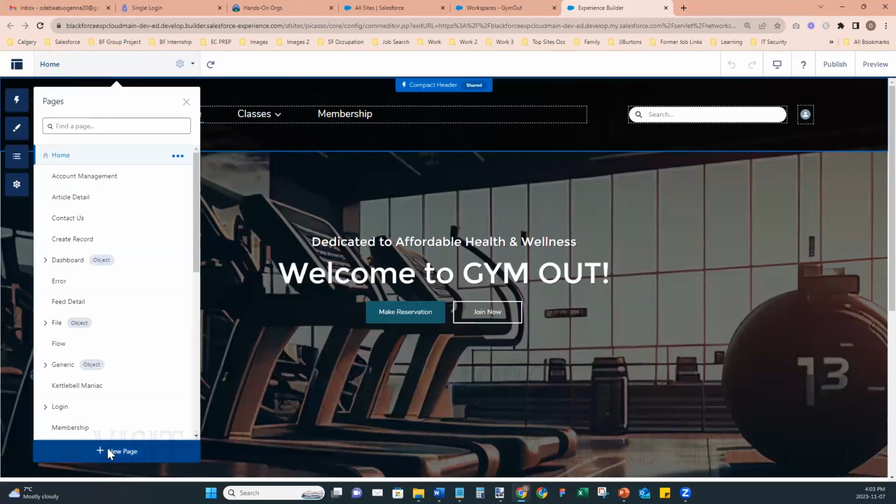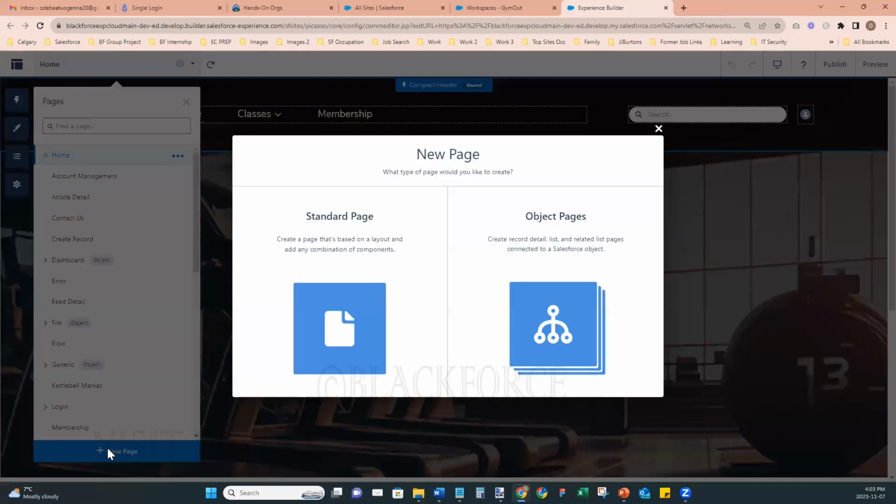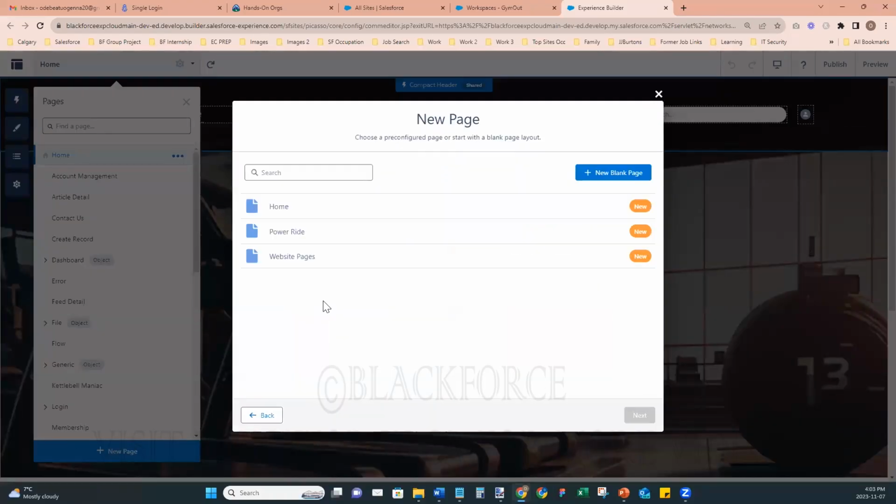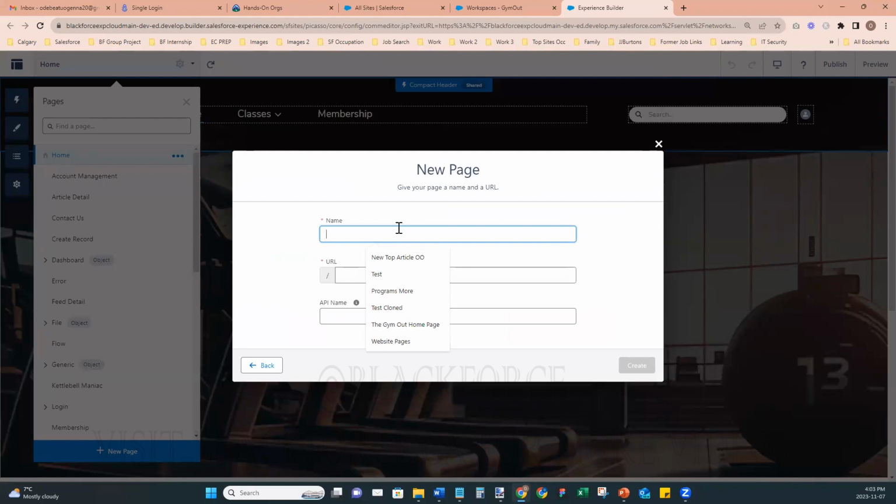So create a new page. I'll use this page template. And then,